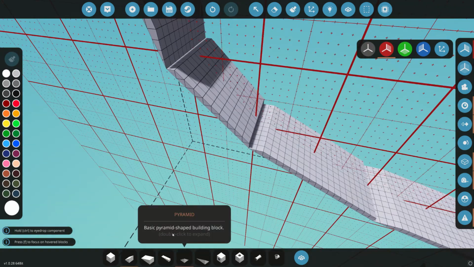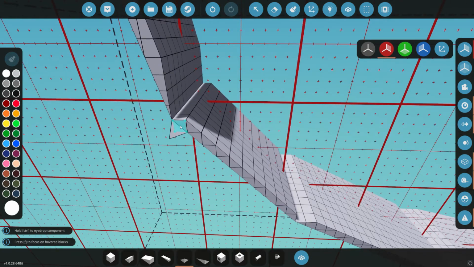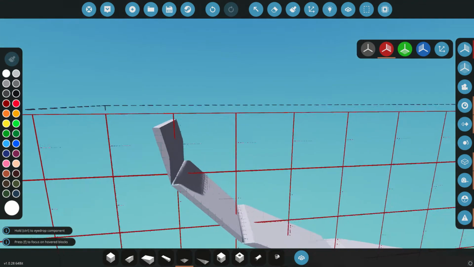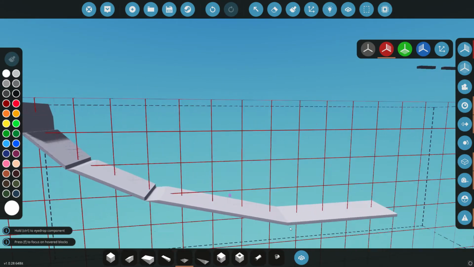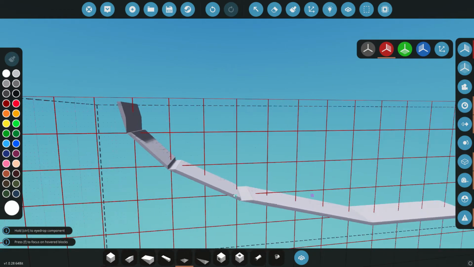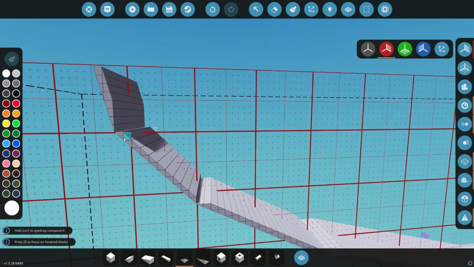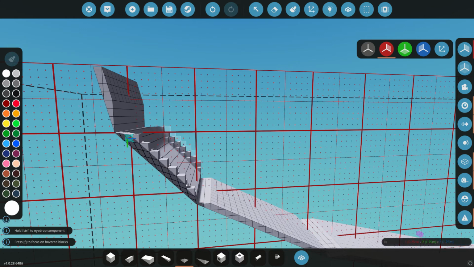Now to make the angles how they were in the ship I showed you from the beginning, you just use pyramids from now on. And you can already see where you have to change the shape of the pyramid. It's exactly at these points where the inner hull changes as well, where the angles change. So I'm not sure what's the best way, but let's try like this, from left to right. Not sure if it makes a difference, and just build outwards